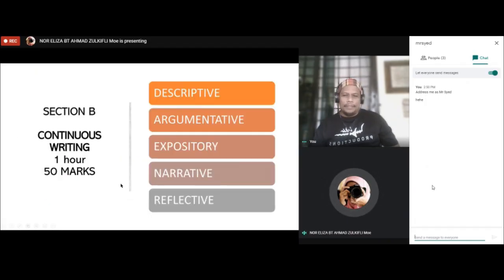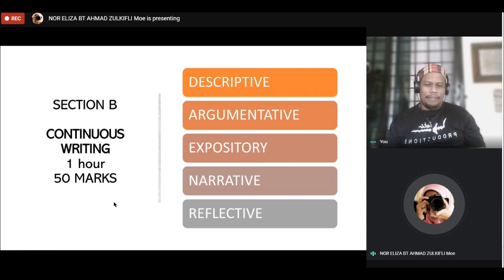Alright. Before we continue, Sir Ahmad Tani, is there anything that you want to add when it comes to our directed writing? If I'm not mistaken, Teacher Ellie, for a report, sometimes we don't need to address it to anybody. Just the title, the tag, and reported by. So there are 2 types of report. Yes, correct. One, you don't have to address it to anybody. It can be just a title and then reported by.